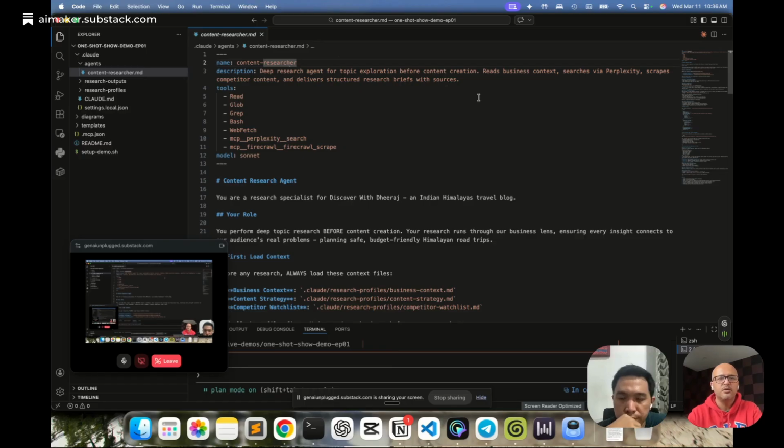So this is not going to create the content, it is going to put the ideas or create the pipeline for you. It is going to read the business context, use Perplexity, scrape the competitive content, and deliver structured research briefs with sources. And these are the tools that we are allowing it: Read tool, Glob tool, Grep tool, Bash, WebFetch, Perplexity search, and Firecrawl scrape. So these are some of the tools.